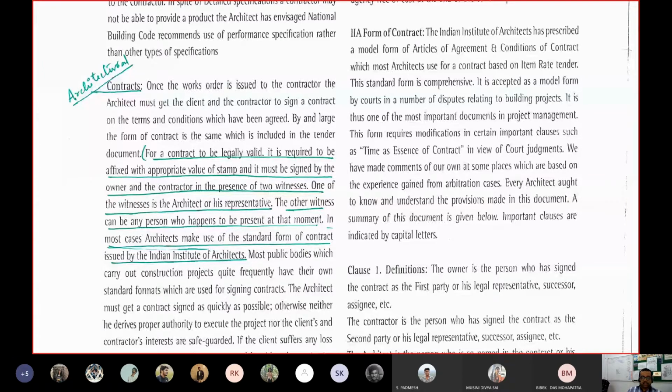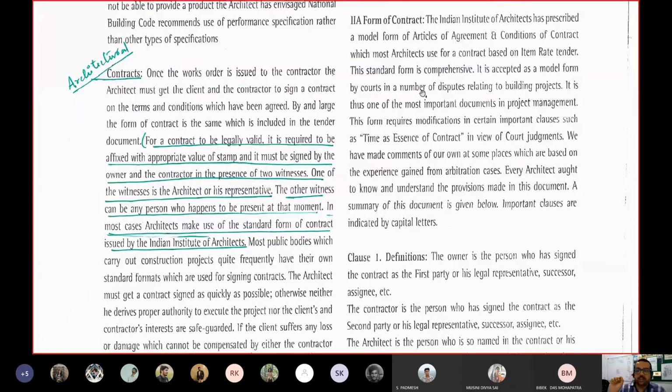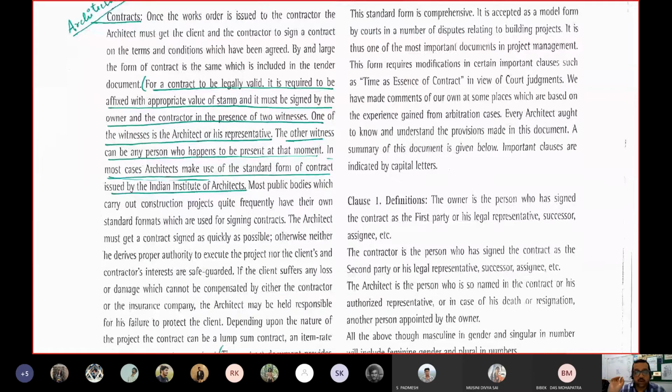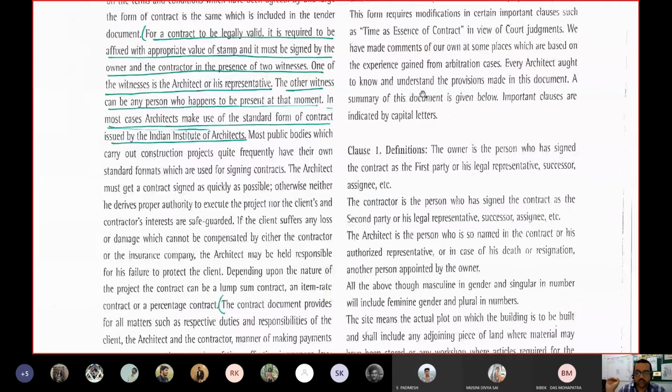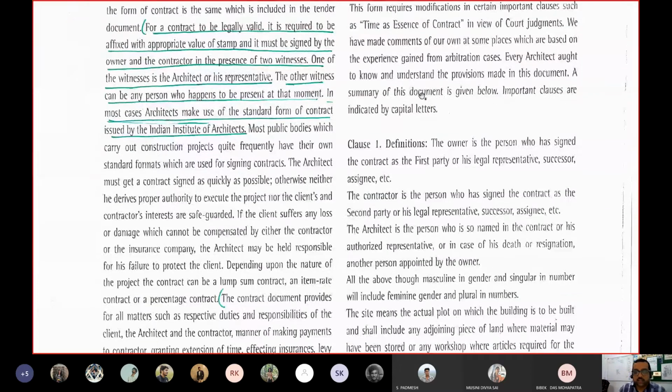Okay. So whenever in your building bylaws and all, you have always seen that whenever something is being passed in an official gazette, first of all, you have to clearly mention the basic definitions of the objects, which words or which objects you are going to use in this particular form or the act. So here you have to first clearly explain who are the first party, the second party, who are going to be the legal representative. You have to define them, or in absence of any one person, who else has the responsibility.